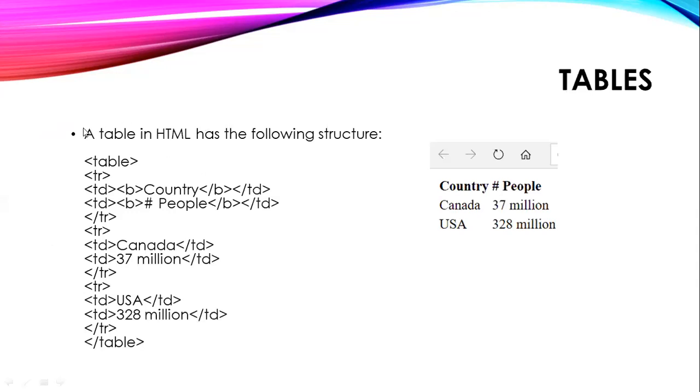Okay, and then we have tables. A table starts with a table element, and then for the actual rows in the table, use the TR element. For each of the columns in the table, use the TD element, and within the actual table you could format or add images or do whatever you want to it. That's how a table is structured. That will convert to what is shown on the right. Don't worry if you don't get that right now. Ideally, you learn by doing.